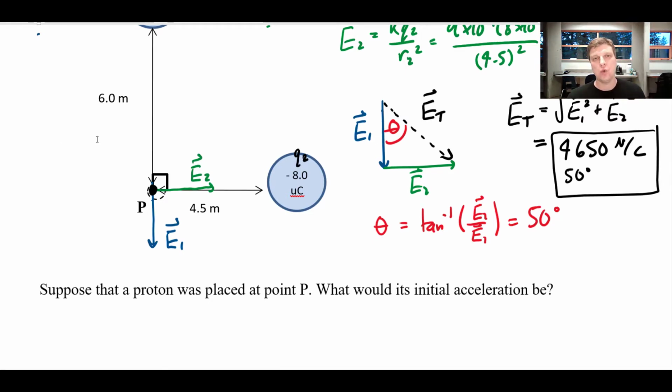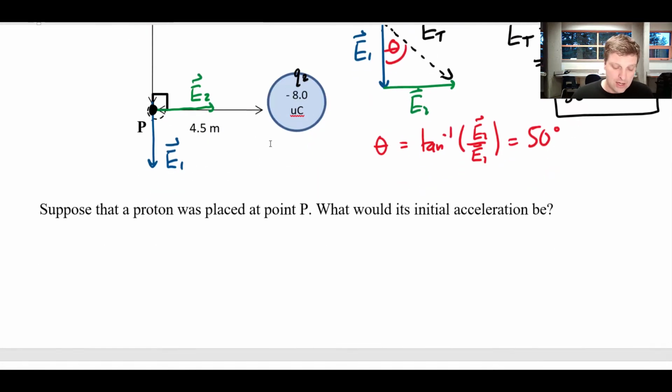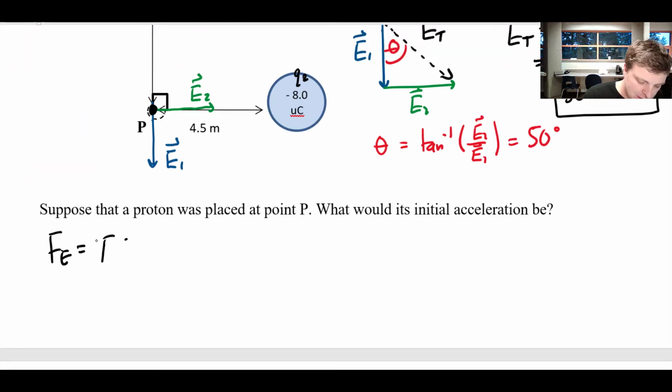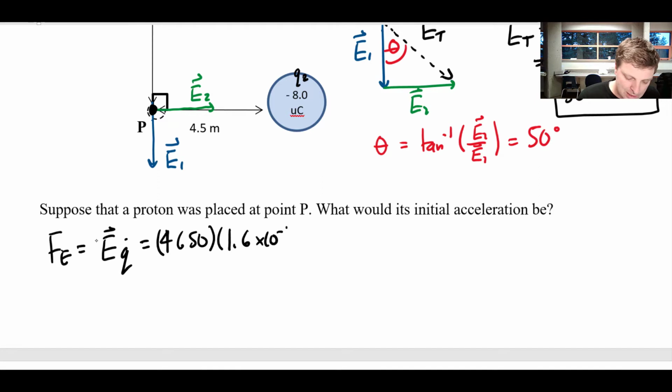So this kind of gets back to this whole idea of fields. Why are fields useful? Well, this tells me that the field strength at that point is 4,650 newtons per coulomb. That gives me an idea of how much force I will feel per coulomb of charge. If I come along and stick a charge at that point, I already have an idea of how much force it's going to experience. And so I could calculate the force, because electric force is just field strength times charge. If you put a proton there, then you use the charge of a proton. So 4,650 newtons per coulomb times 1.6 times 10 to the negative 19 coulombs